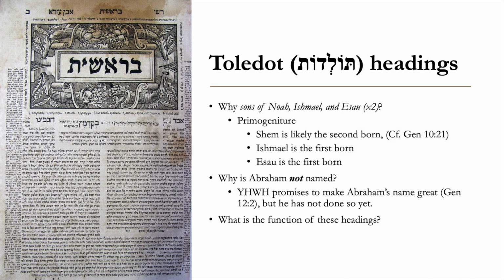I thought the firstborn got double portion. Yeah. Okay, that's where you're going to be with this. Yeah. And so what Genesis is trying to do, Shem is likely the second-born, and so that overturns primogeniture, right? Firstborn is not the most important. Ishmael is the firstborn and not Isaac, and yet Isaac gets everything, basically. And then Esau is firstborn and not Jacob, and yet Jacob gets everything.